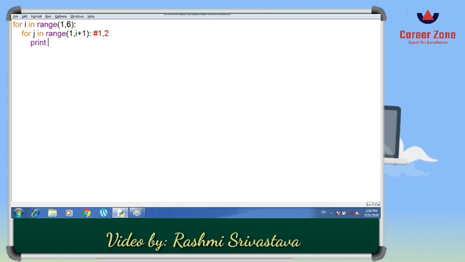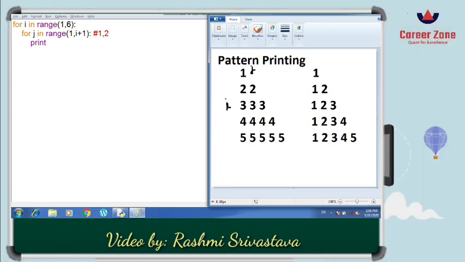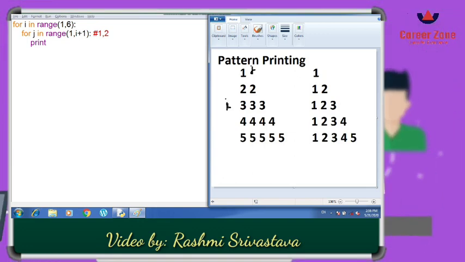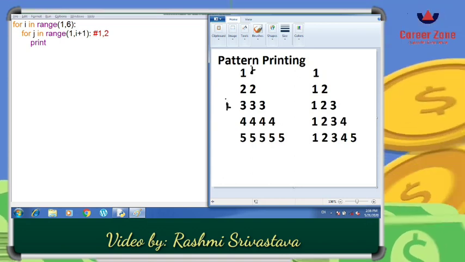Now let us see the printing value. Earlier we were printing the star, but now we have to print numbers, different numbers in different lines. You can see that the value of i in the outer loop is changing every time. First time the value of i will be 1, and then when the inner loop gets false, the outer loop will be executed and the value of i will become 2, then 3, then 4, and then 5.